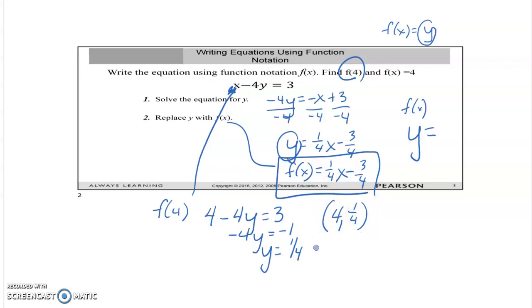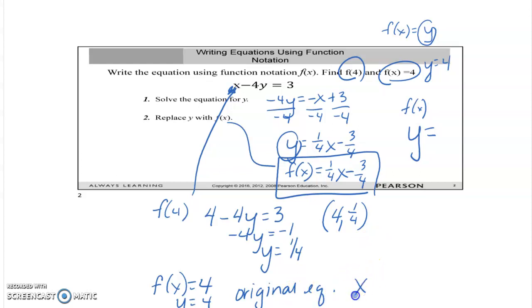Let's do f of x equals 4. This is saying that y equals 4. So now I'm going to plug f of x equals 4, or y equals 4, back into the original equation. Do not go back into it after you've created it, because if you made a mistake, it will give you another mistake. So the original equation, x minus, I'm plugging in 4 here for the y,